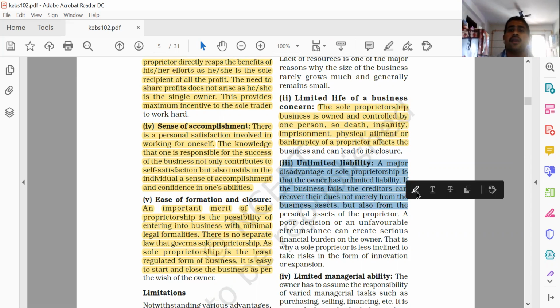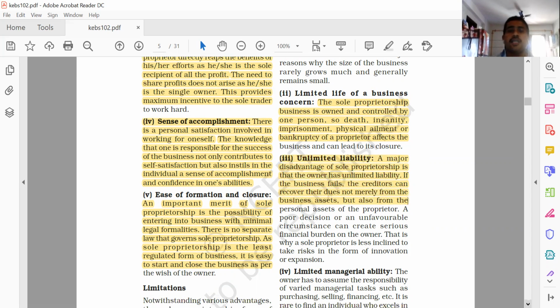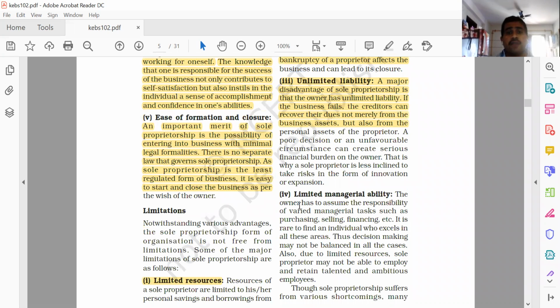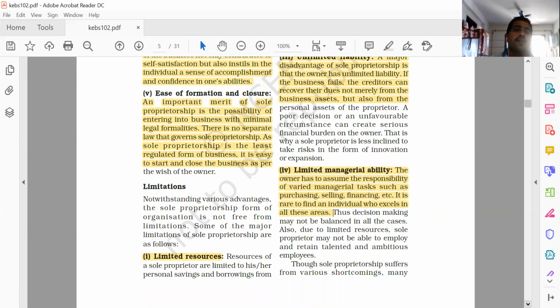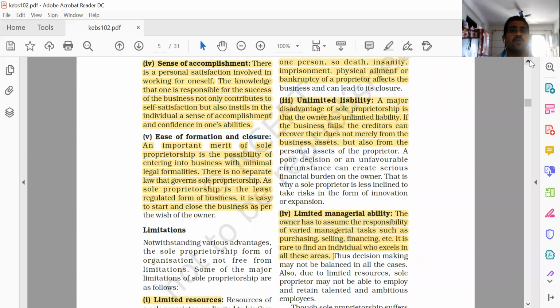थर्ड हमने पढ़ा अनलिमिटेड लायबिलिटी, unlimited liabilities, right, personal asset have to pay, यानी गारंटी नहीं रहता है। Limited managerial ability, right, only one person himself manages the whole business, तो उसकी कैपेसिटी क्या हो जाती है? कम हो जाती है। He cannot look after everything, purchasing, selling, financing, marketing, सब कुछ थोड़ी खुद कर पाएगा। It's very very difficult. The owner has to assume the responsibility of varied managerial tasks such as purchasing, selling, financing, etc. It is rare to find an individual who excels in all these areas. बहुत मुश्किल है कि सब फील्ड में कोई एक्सपर्ट मिल जाए।